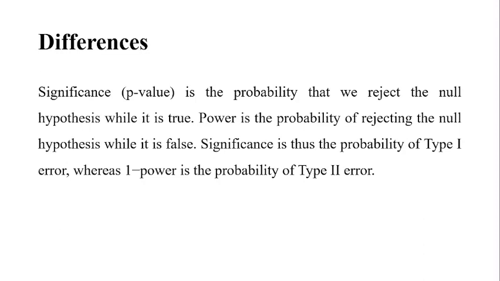So what about the difference? The p-value or the significance is the probability that we reject the null hypothesis while it is true, while the power is the probability of rejecting the null hypothesis while it is false. Significance is thus the probability of type 1 error, whereas power is the probability of identifying and avoiding type